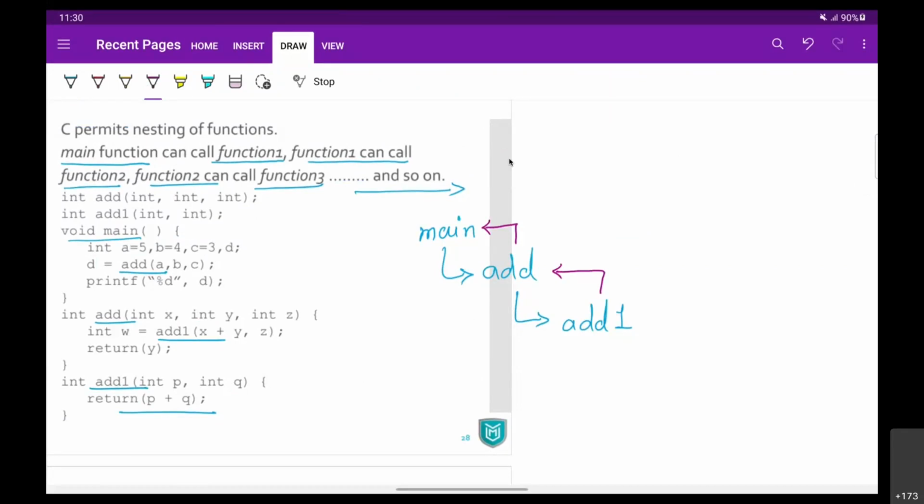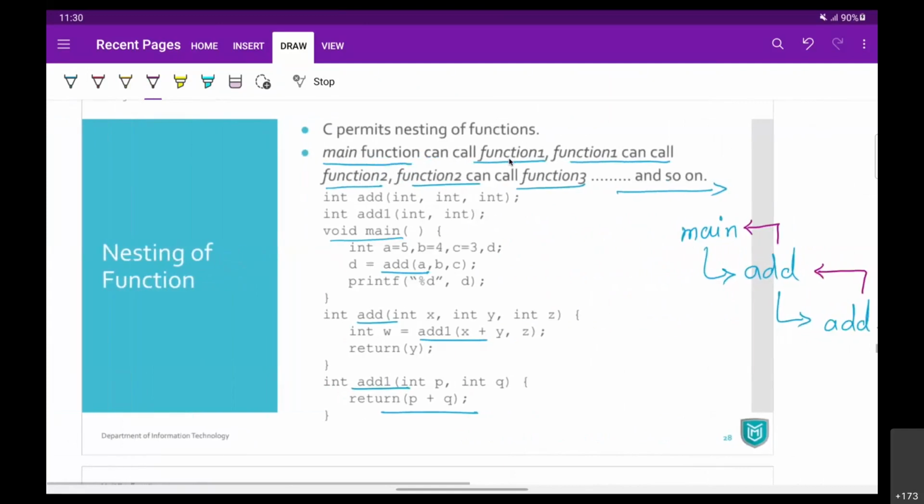When you return, where will you go? From add 1, it will go to where it was called from. And from add, it will go to where it was called from. Remember, this is going to be the return path. So you can call as many functions as you want from any place.